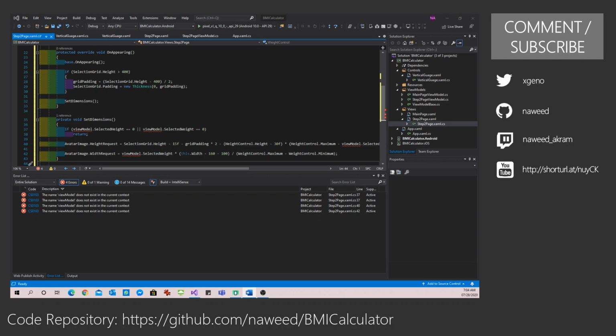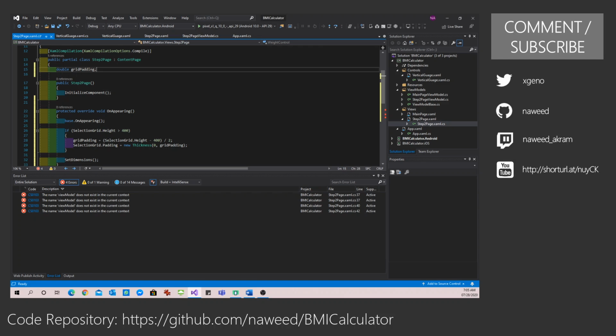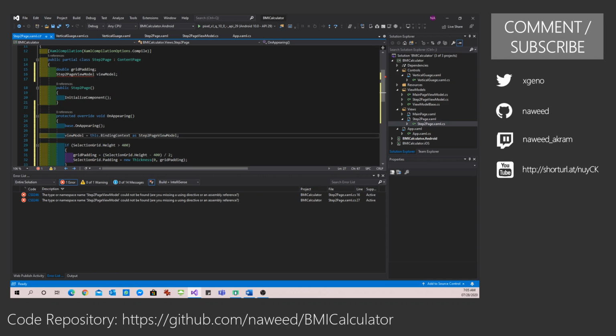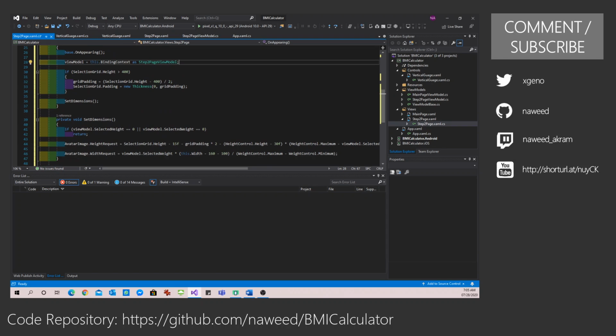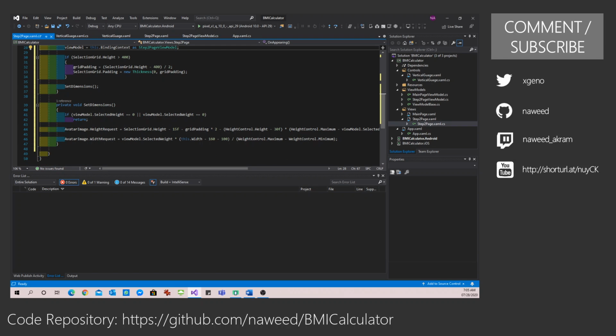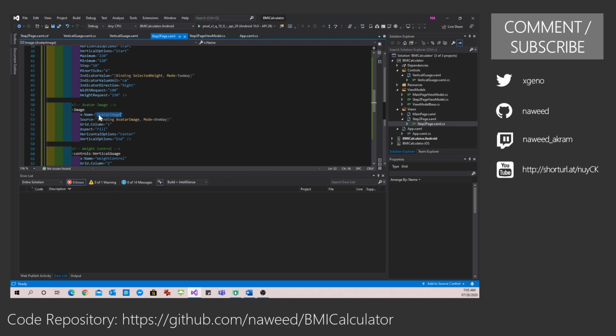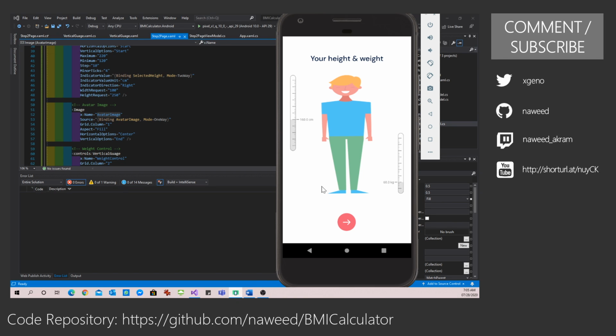I am going to define my view model as well, because my selected height and selected width property is coming from the view model, so I can define this once. We can do that in our on appearing. So we set the binding context of this page, which is a step 2 view model, into a local variable. And then first of all I'm checking if my selected height or weight is 0, then return, don't do anything. Otherwise, on my avatar image, which is over here, the one that you see in the middle, which is very big at the moment, this one.